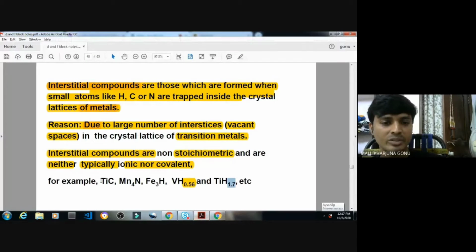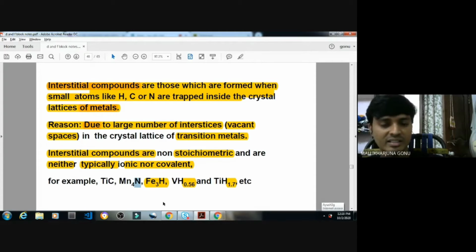Interstitial compound, different compounds are given. What are they? Titanium, carbon, and these are a few examples. In the examination, they will give you options. They will ask you which ones are the interstitial compounds. You have to find it out. Usually these are the non-metals, carbon, nitrogen, and smaller elements. These smaller elements go and sit in the gaps. If they have given Fe and manganese, copper and zinc, and another one is Mn4N, which one is the alloy, which one is the interstitial compound, like that they will ask you.